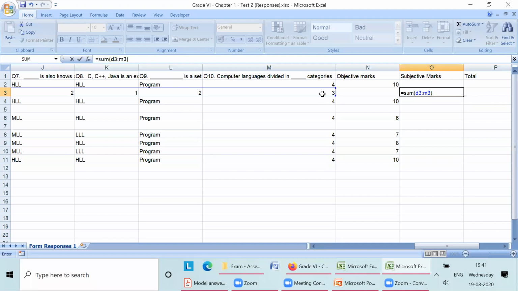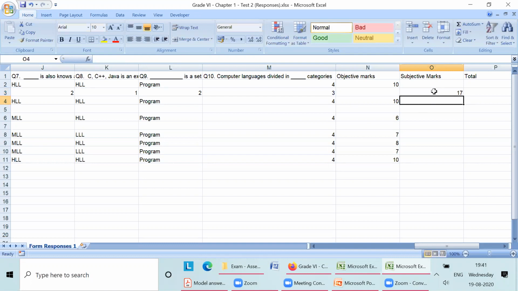You can see the blue line. So I'm going to add all these marks and I will press enter. As soon as I press enter, I will get the total of subjective marks which I allocated per question. Similarly, I will drag it up to the last student.